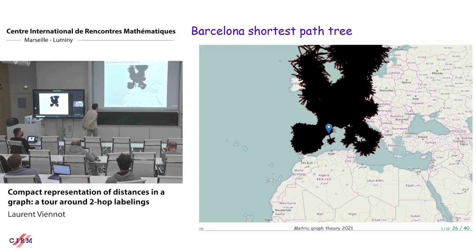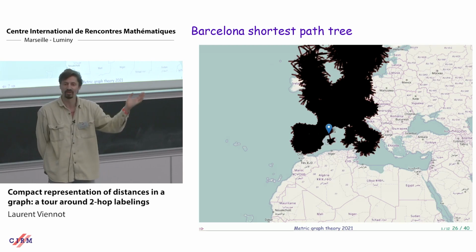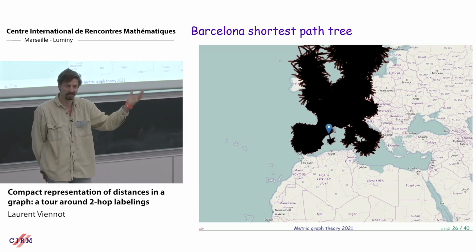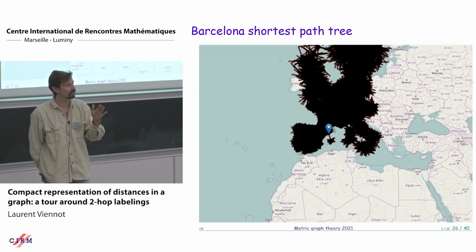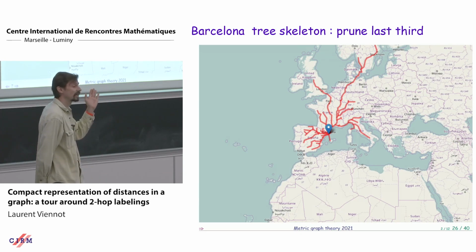So let's take a shortest path tree in the road network, and I took as root a node in Barcelona. And it's not only to please Sergio, but also because I gave the talk in Barcelona. The soda was there at that time. And so of course when I draw the shortest path tree, so all paths from Barcelona to any node in Europe, I get a path everywhere, and this is all black. But what I'm going to do now is to keep only the first two thirds of each path. And then I get this red thing.